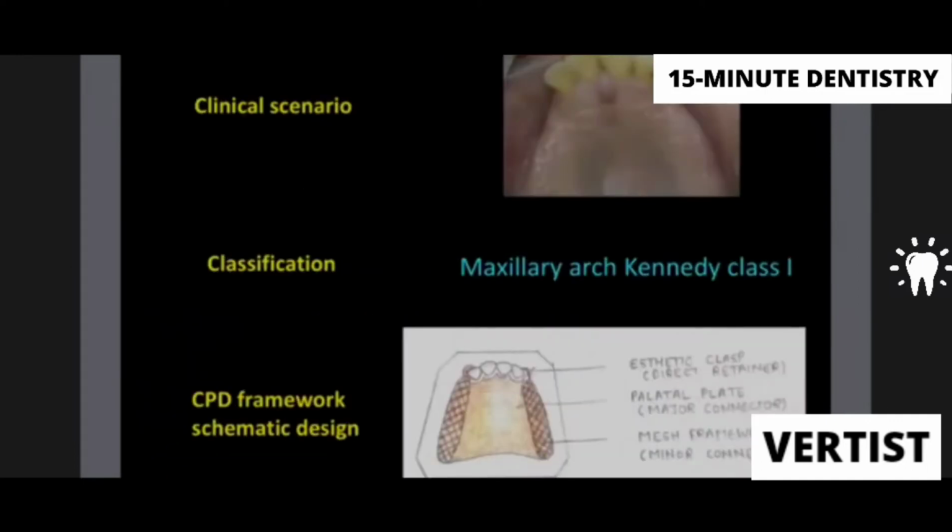Now let's look at the first scenario. Look at this clinical picture on the top. It looks like a typical maxillary Kennedy's class 1 situation. And if you see the design down here, you can see it's a complete palatal plate, which is going to be my major connector. Then my lateral incisors have aesthetic clasps because obviously it's a lateral incisor. And